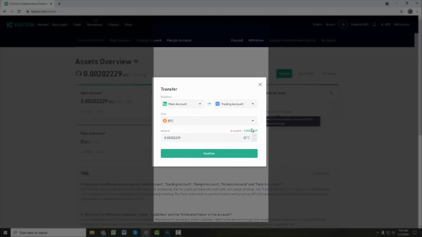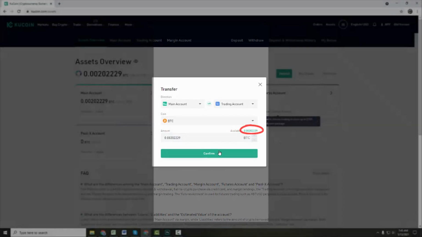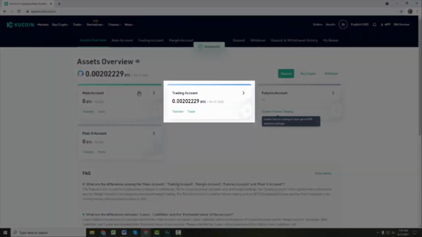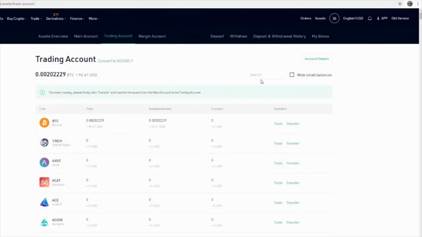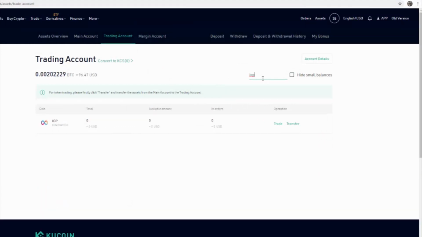That should be that. Okay, if I just click on that little available, it gives me the available. So let's confirm that, and boom, now it's into my trading account. All right, so trading account over here. And the symbol for internet computer is this ICP. There it is right there, internet computer. And I would like to do,